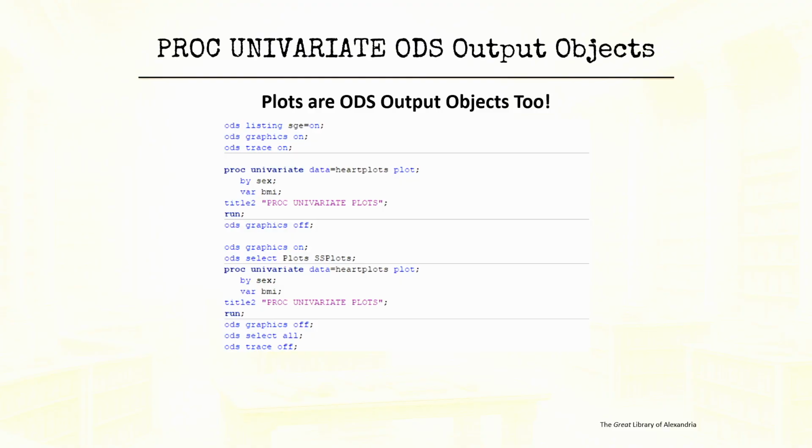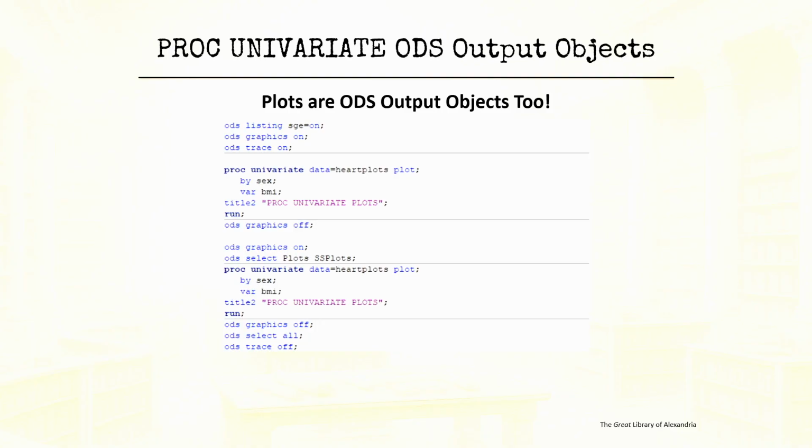So at the top of this one, has anyone ever used the SGE command? You say ODS listing, SGE equals on. That will enable the creation of an editable graphic file. So it'll make a file that you can then edit later in the SAS graphics editor. So very convenient little tip. But anyway,